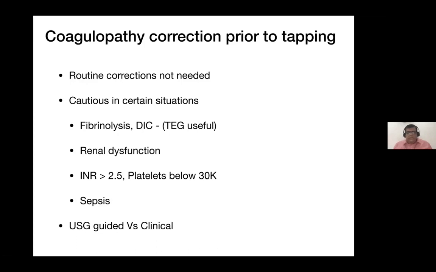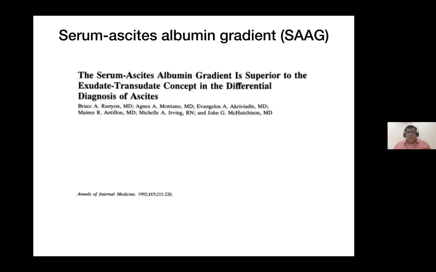When you have the ascitic fluid report, the first thing that you look for is the serum ascites albumin gradient. This was a wonderful work done by Bruce Runyon and his group, published in Annals of Internal Medicine way back in 1992. Why I'm going back to this paper, and I'll go back to a couple of very old papers, is to understand the impact that they have had on our thought processes, and very importantly,